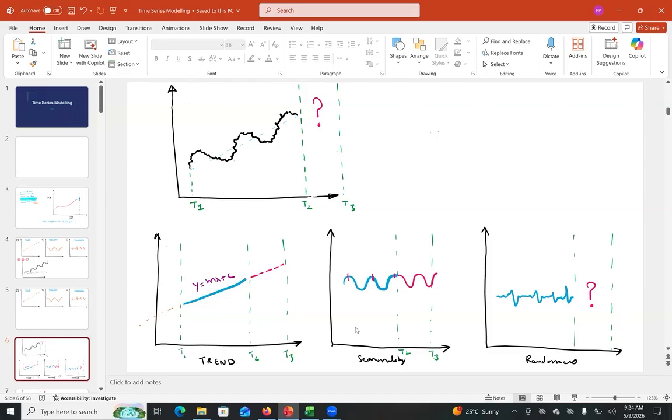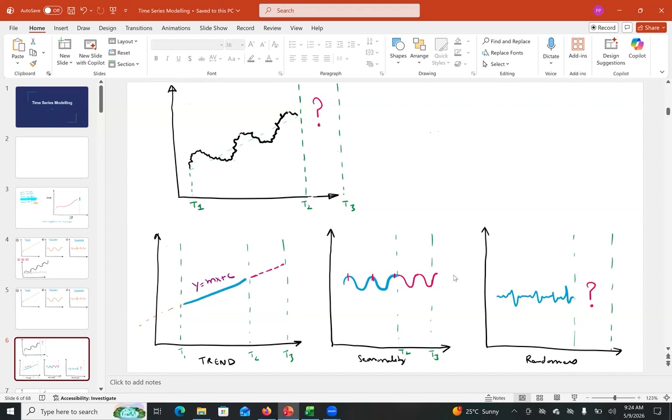And then the other component is the seasonality component. If I give you a pattern like this, can you predict what is going to be the next value? The answer is yes, right? Because the best part about seasonality is that it repeats itself. If you look at it, there is this cycle, a U kind of a thing, which is repeating itself. So I can just keep on drawing that U and I will be able to get the next value.